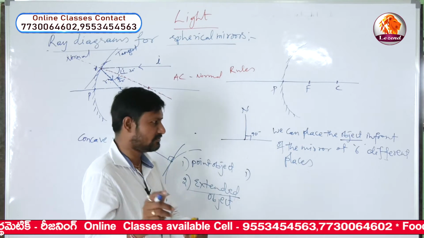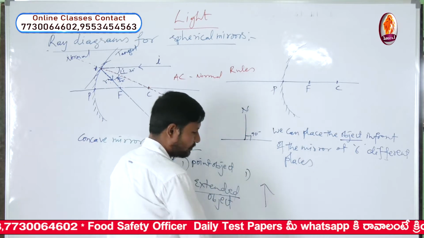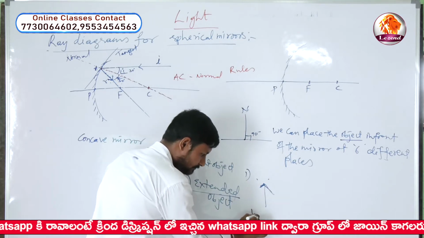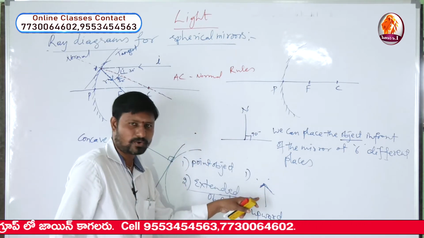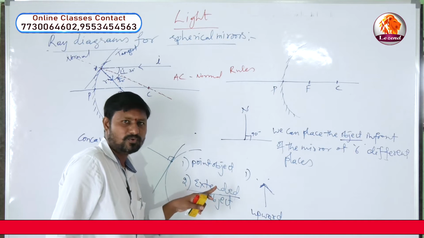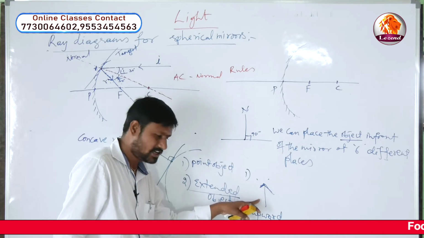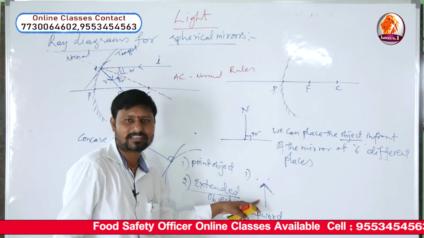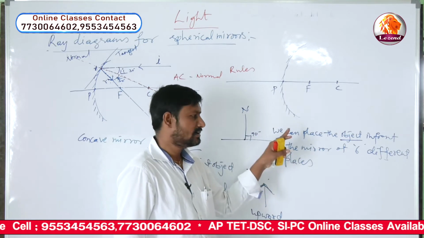That extended object, conventionally, to draw the ray diagram easily, we use one symbol, an upward arrow. This upward arrow is the symbolic representation of an extended object. So if you want to draw the image of any tree in front of the mirror, we don't draw the tree. We keep an extended object, that is an upward arrow, as an extended object like a tree or anything. Okay, so we use an upward arrow in front of the mirror, and how many places I told you?